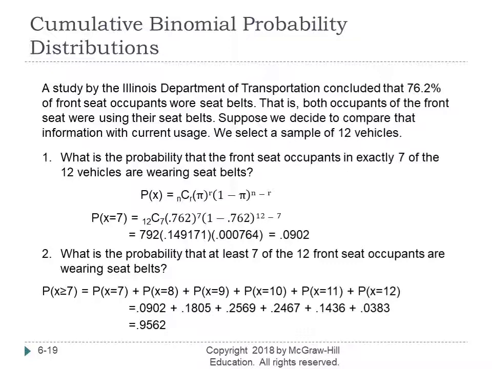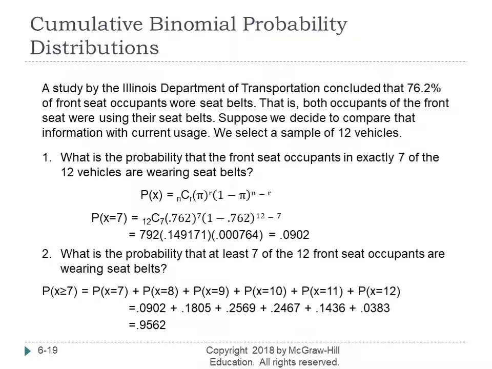You can do all those calculations in one step, or you can do it like it's done in this example. You calculate each number separately and multiply them. The result is 0.0902. Now that gives you the probability that in exactly 7 out of the 12 cars the occupants are wearing seat belts. This is not cumulative. This is just calculating the probability for one value for x, which in this case is 7. The second problem will give you a cumulative